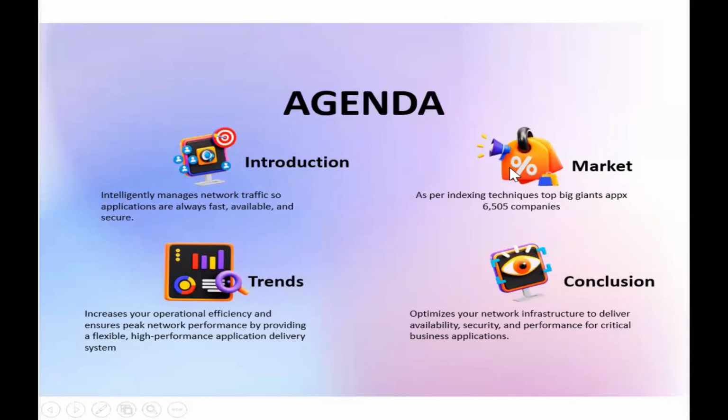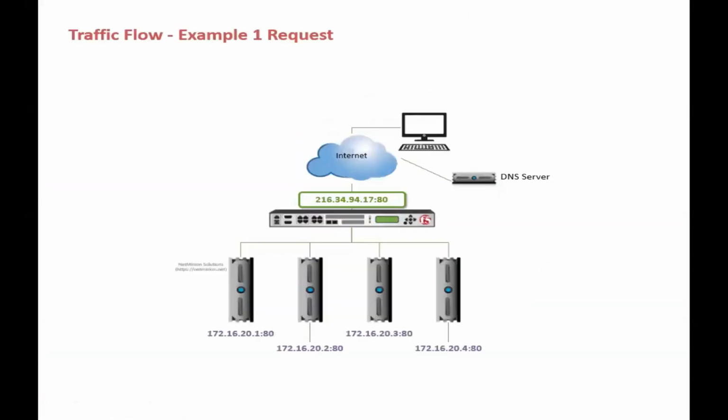Now let me talk about, okay, what about this? Maybe we have covered all of the stuff. We can talk about this traffic flow. That is a good one. Okay, good slide. If we talk about the traffic flow, although we talked about it some time before also, here in the traffic flow, if you see, the client is making a request. When it makes a request, it will go to the DNS server. DNS server will return an IP address. That IP address is nothing but the virtual server on F5.